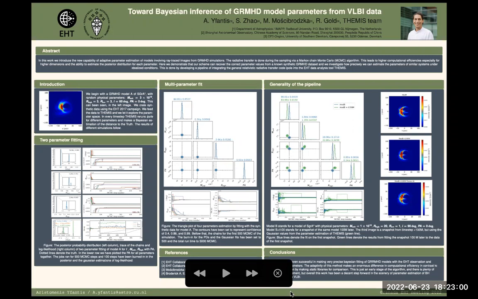And then the main or the more interesting thing that we tried is the generality of the pipeline. We changed the model to see that this can work for other models as well. And this is the blue fit here. And again, all chains converge exactly to the truth, which was very nice. And then what we did is we gave Themis